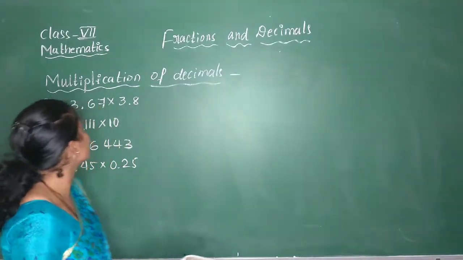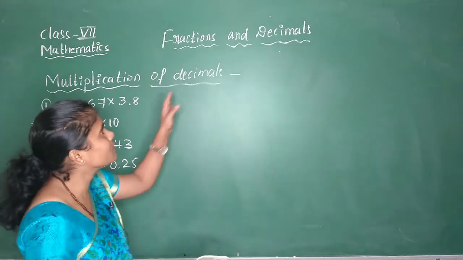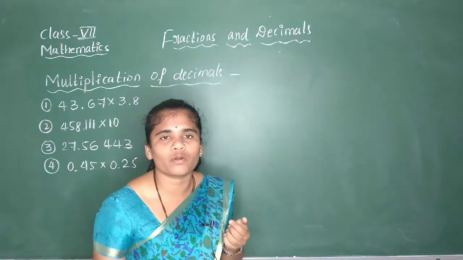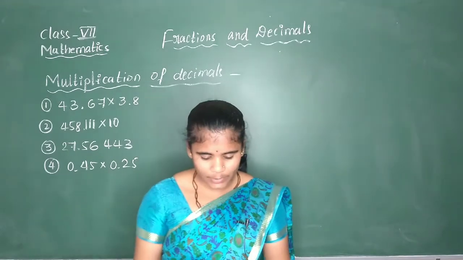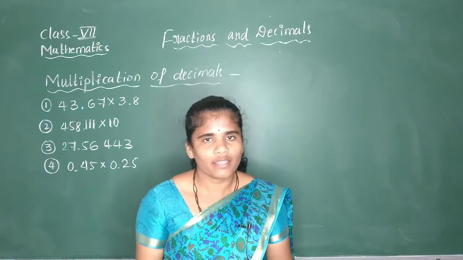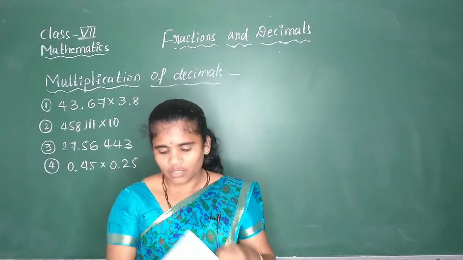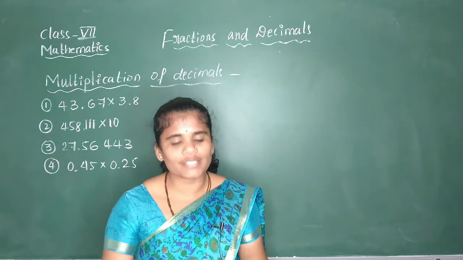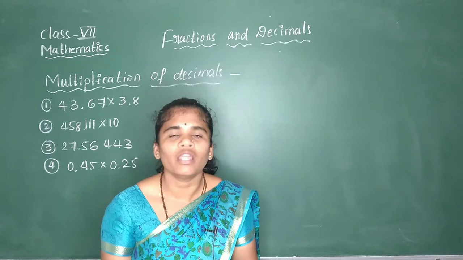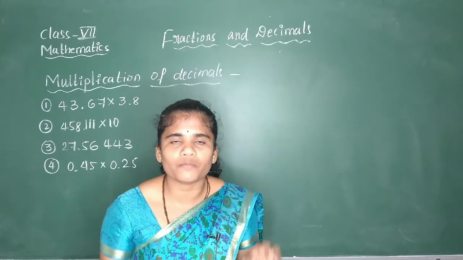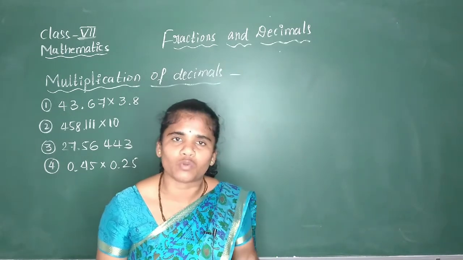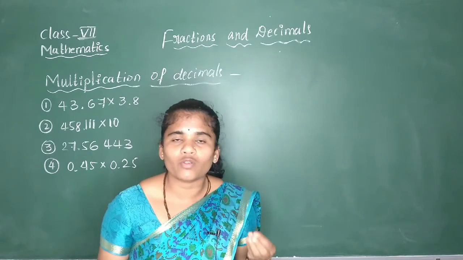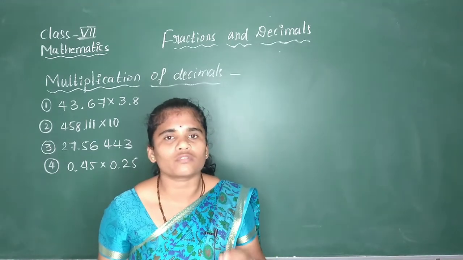Today I am teaching for class 7th maths, that is fractions and decimals. In the previous class we studied exercises 2.3 and 2.4, isn't it? In exercise 2.3 we solved simplifying the following expressions. Try to solve the remaining problems, all problems you have to solve. Until then you will not understand it. Try to solve those sums.